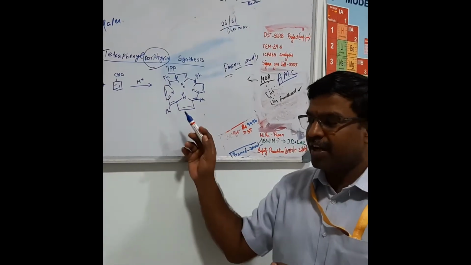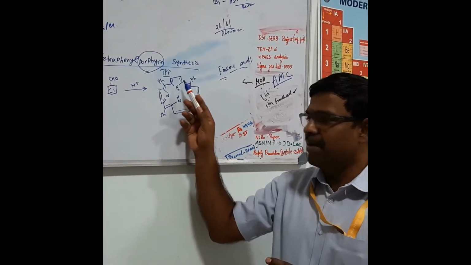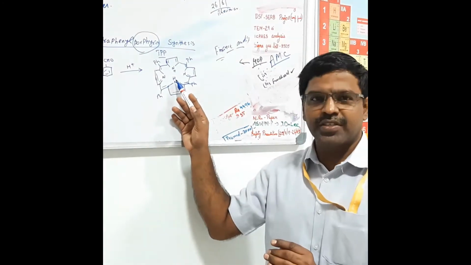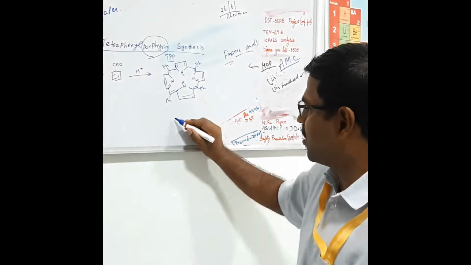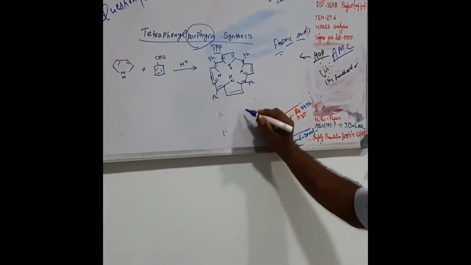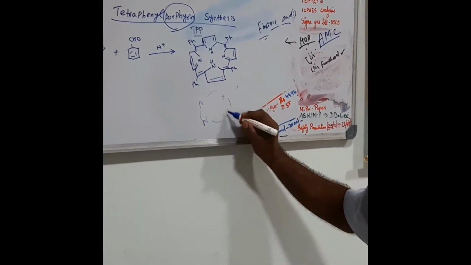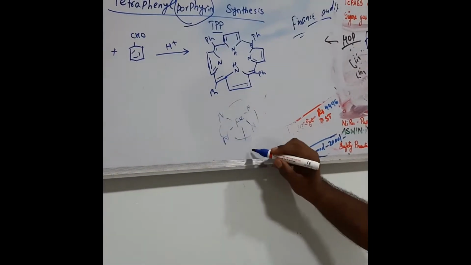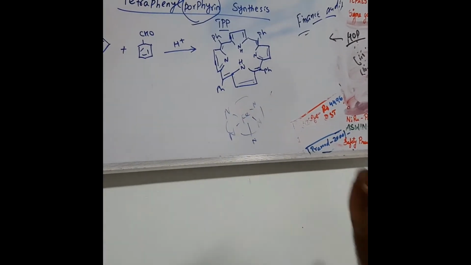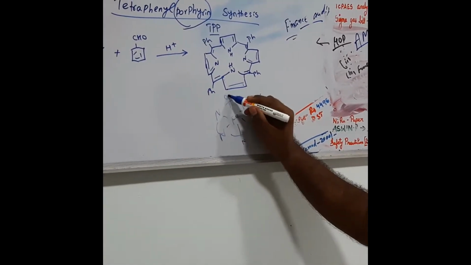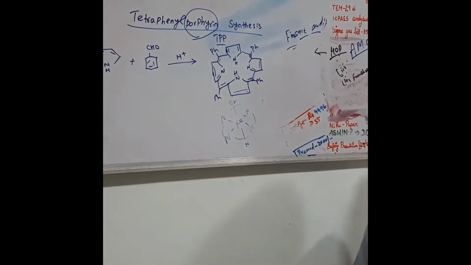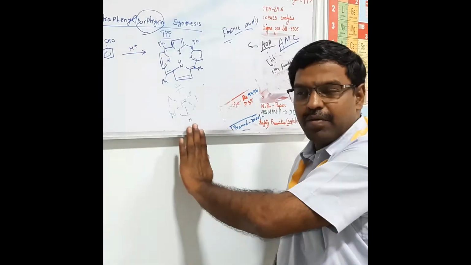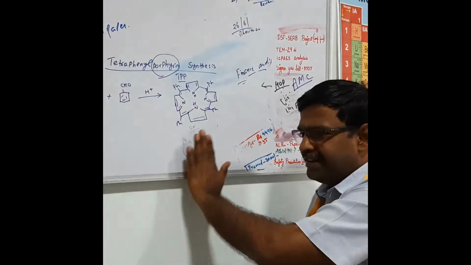Biologically, in the same way, the porphyrin molecule has the macrocycle. The 5th position is the histidine ligand, which is coordinated, and the 6th position is the oxygen carrier. This is how we normally represent it biologically, mostly with iron. So the iron will be hexacoordinated. The 5th coordination will be the nitrogen of the histidine ligand, and the 6th coordination is where the oxygen will be carried, or it can be used for transport. So it is one of the most important ligands used in bioinorganic or enzymatic aspects.